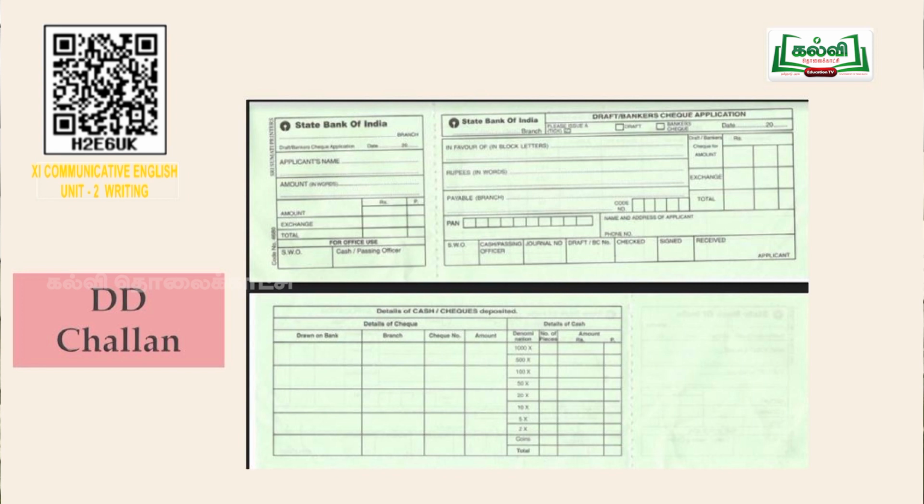See, the other part is the main part where you need to fill up important things. What is that? You need to mention the date, and then to whom the DD has to be addressed. For example, if you are applying to a university, to the registrar Madurai Kamaraj University, to the registrar University of Madras, to the registrar Annamalai University, like that, whoever the DD has to be given to, that address has to be written there. Don't write your own name there,